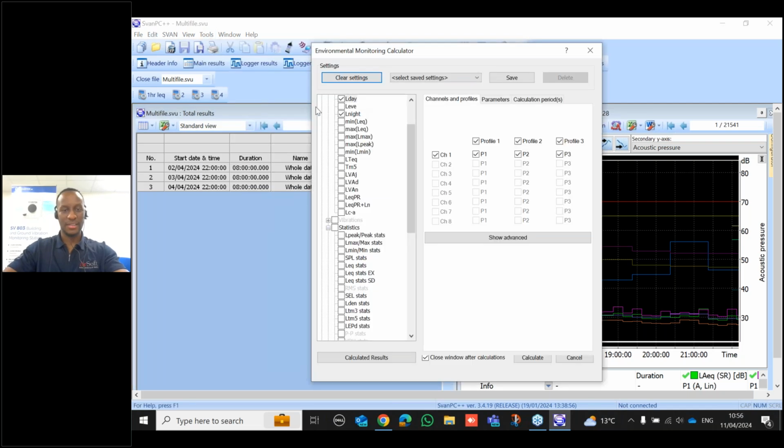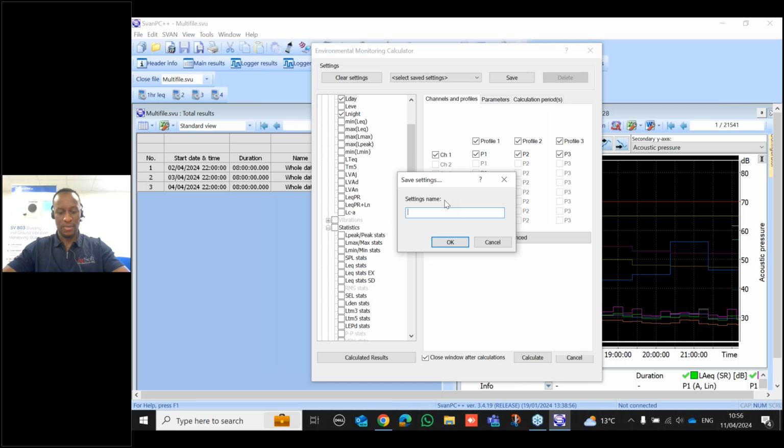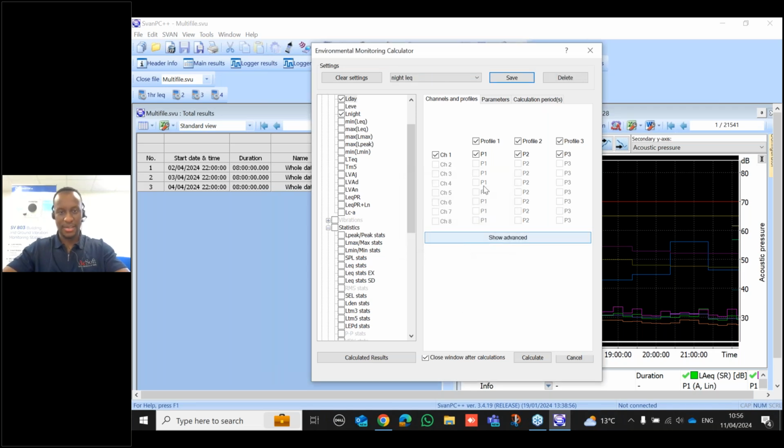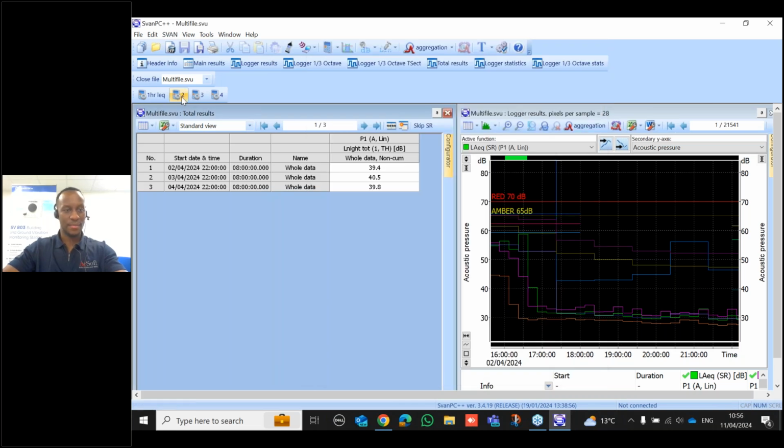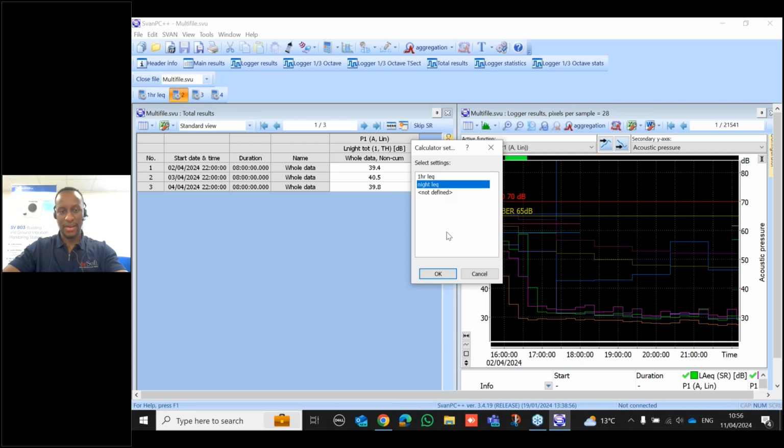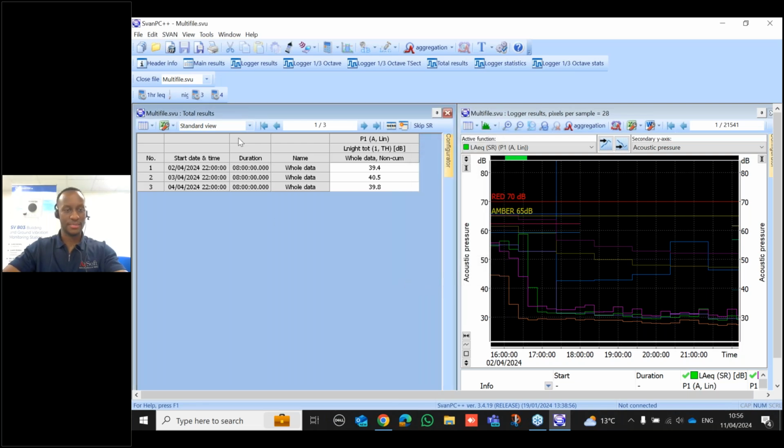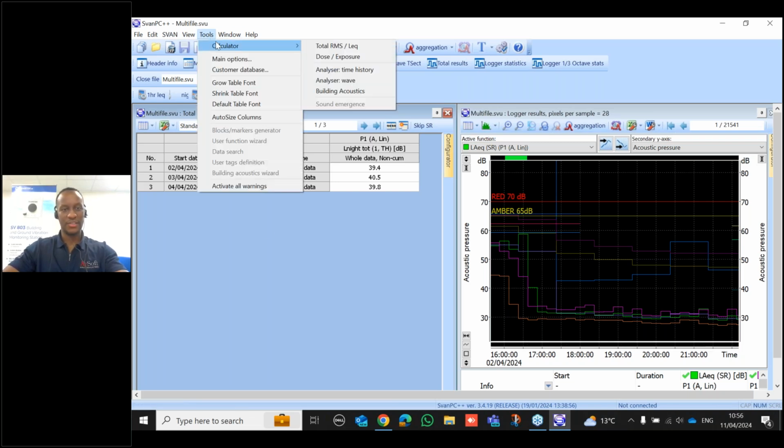So if I go to my time history analyzer, I can save those settings. So if I do save, I can call this my, and I can select OK. As I have that pre-saved, I can close that and go to my toolbar that I've brought up over here, my second calculator, and I can go and assign that shortcut. And if I go back to my time history analyzer,